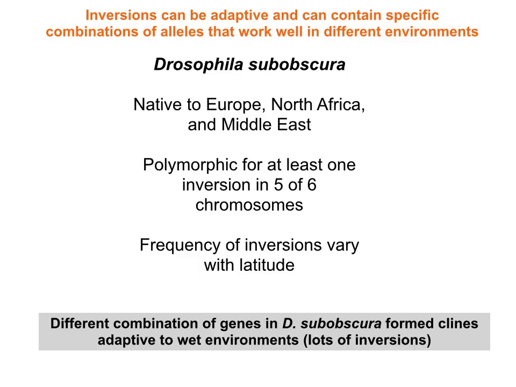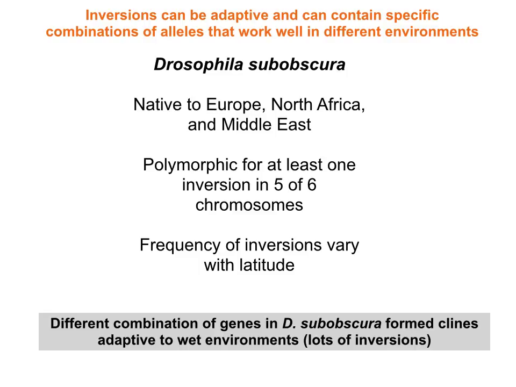That same trend you see in the frequencies of the inversions. In the wet environment, you have a whole bunch of inversions. In the dry environment, you don't have very many inversions. So researchers thought, well, that's probably because those inversions are locking up a suite of alleles of these genes that are favorable for that wet environment. As they go down into the dry environment, they're not so favorable. Natural selection isn't selecting for them. And if there's no natural selection selecting for that particular combination, there's no benefit of it.